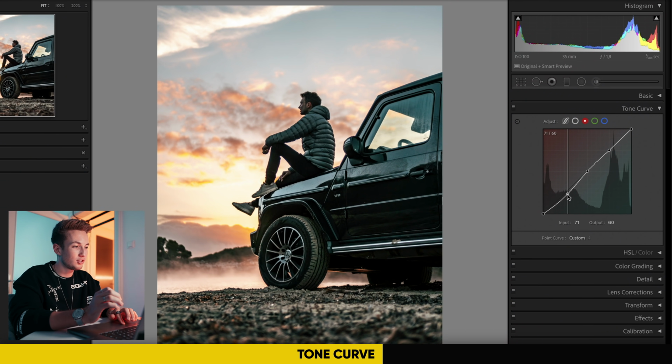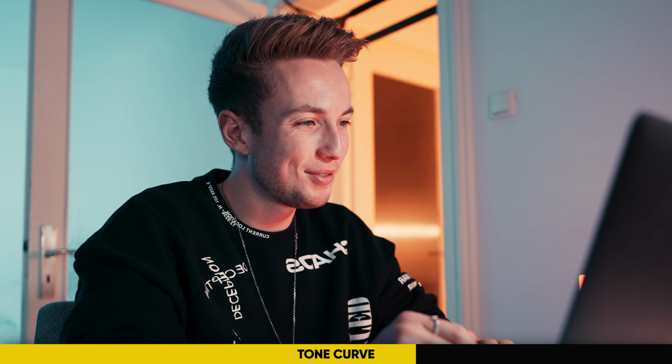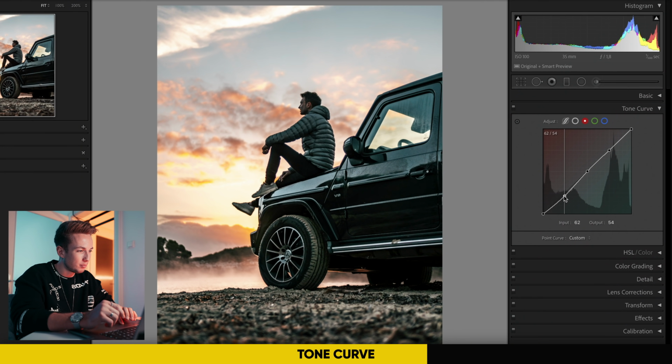So it always depends on your tastes, how you want to tweak those colors. You don't really have to do big adjustments to do a lot in the image itself. You see, if I bring it all the way out here, it's just messed up. So I like to bring down the reds a little bit in the shadows, and also the greens a tiny bit in the shadows, to just give the shadows an even colder look to it.